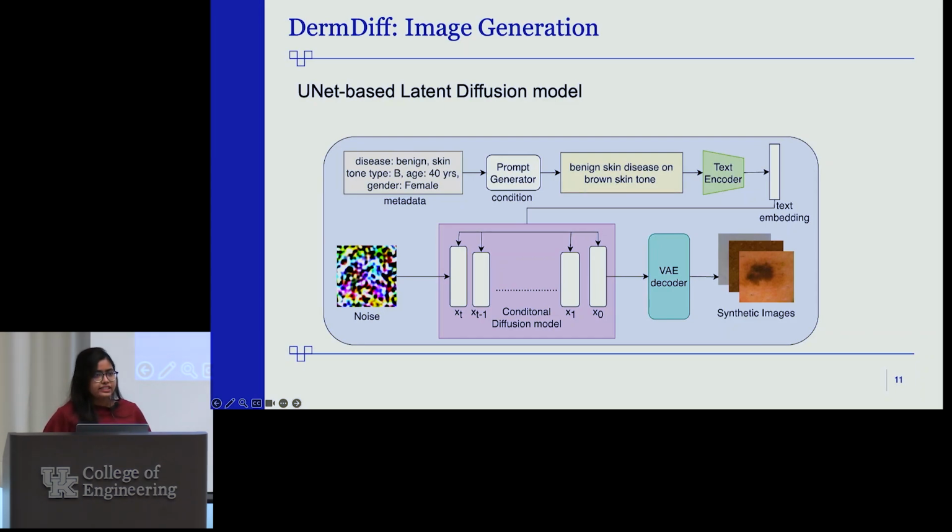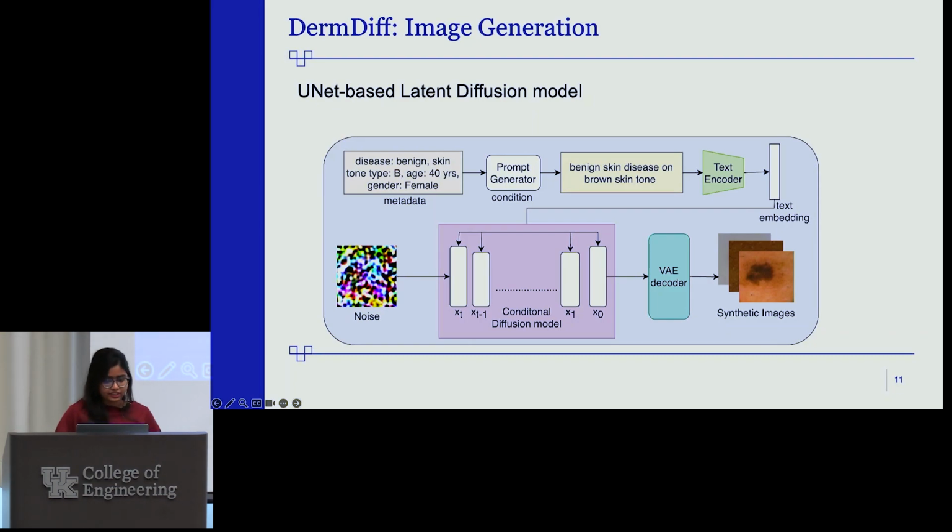skin tone, and generate a generic caption for each of the images in the dataset, like this: benign skin disease on brown skin tone for brown skin tones. If it's a darker skin tone, we say dark skin tones. Then we pass it to the text encoder to get the text embedding for the prompt, and then that text embedding goes